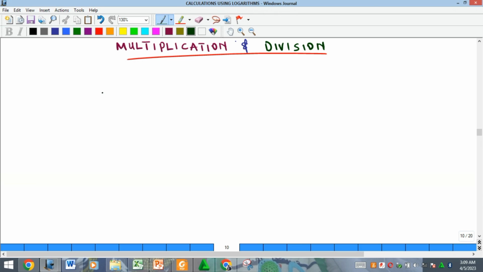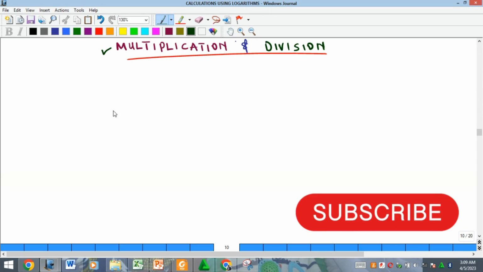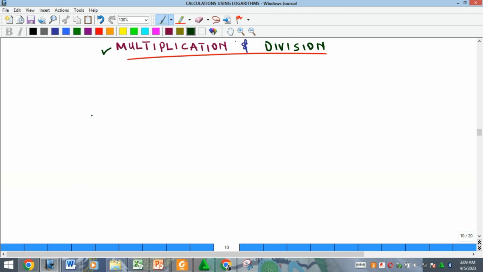My name is Precious. In this video, we're going to look at the concept of multiplication and division under calculations using logarithms. You recall that we have seen how to find the logarithm of a number and the anti-log of numbers using log tables. So here we now want to see how we can apply those principles in multiplication and division of numbers. And this particular arithmetic makes use of the basic principles of